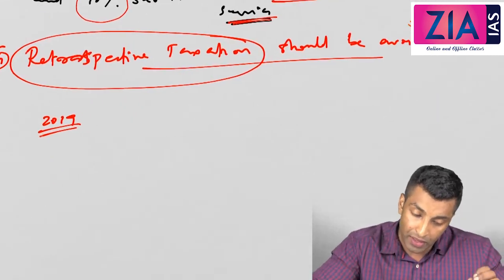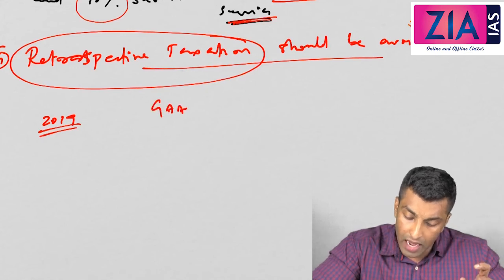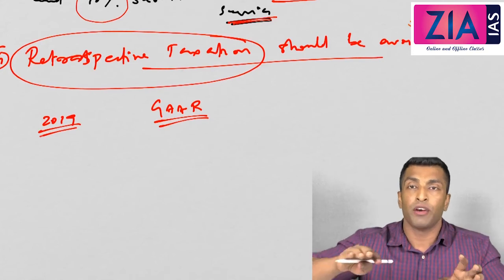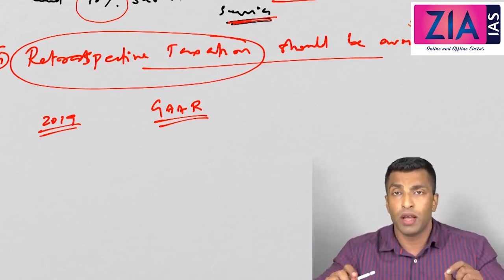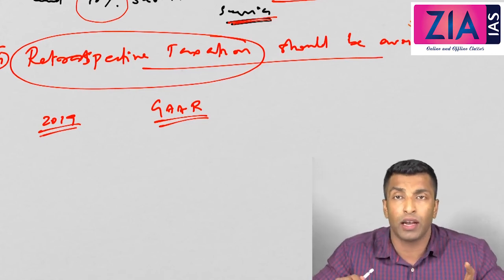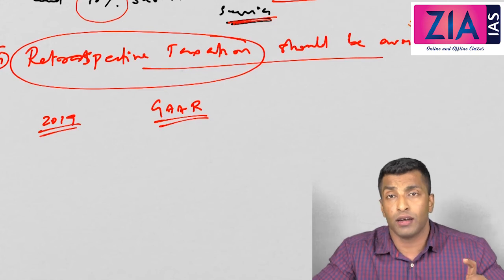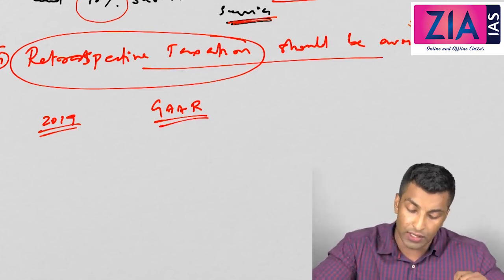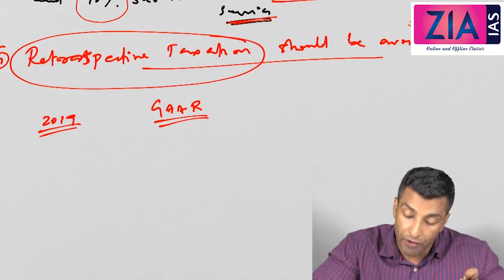What actually happened is, when we discussed GAAR, I have told you already, GAAR will not apply in the previous cases. GAAR will apply only from the time in which it was introduced or implemented. So retrospective cases are not actually allowed under GAAR also. There are specific measures and safeguards that have been taken in this regard also. Because this controversy was there in 2016, what happened actually is the government exempted FIIs